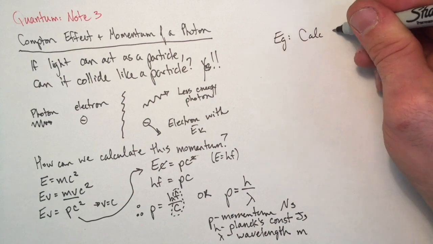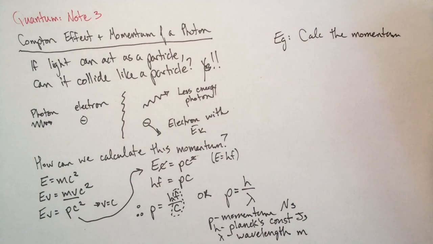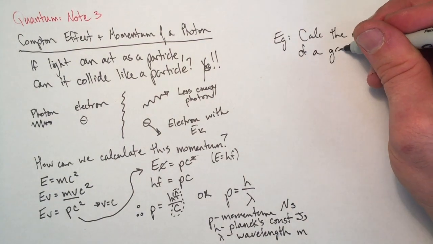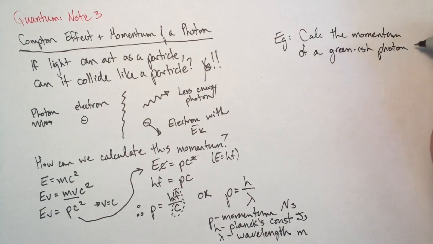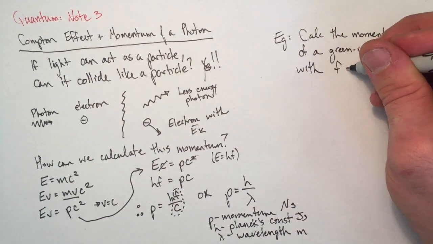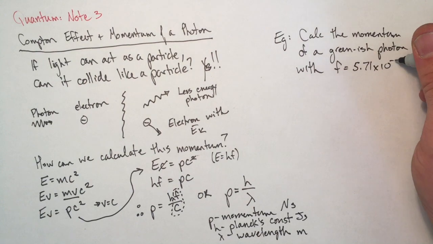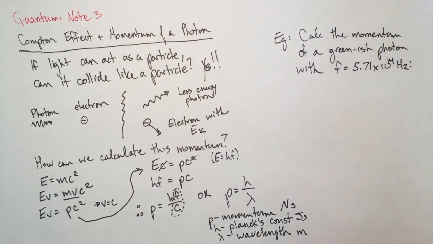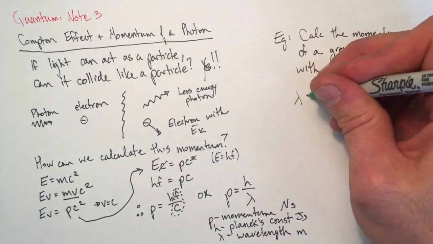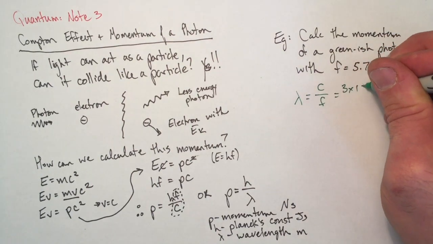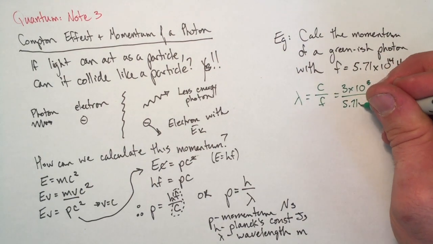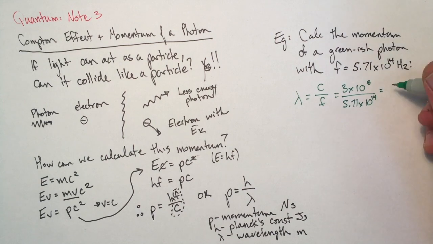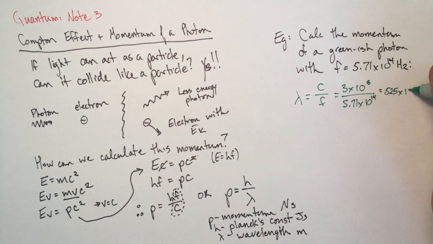Let's calculate the momentum of a green photon. Let's say the green photon here has a frequency of 5.71 times 10 to the 14 hertz. First off, we know in our new equation we actually need a wavelength, not a frequency. So let's calculate that wavelength. Wavelength from the universal wave equation is c over f. So we insert our values and we get a wavelength of 525 times 10 to the negative 9 meters, or